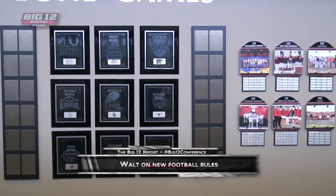affect play this season. There are new rules in college football this season involving yard lines for kickoffs, how onside kicks can be covered, what happens when a player loses his helmet during a play, plus some blocking rules that deal with safety issues. We asked Walt Anderson, the Big 12 Coordinator of Football Officiating, to guide us through the